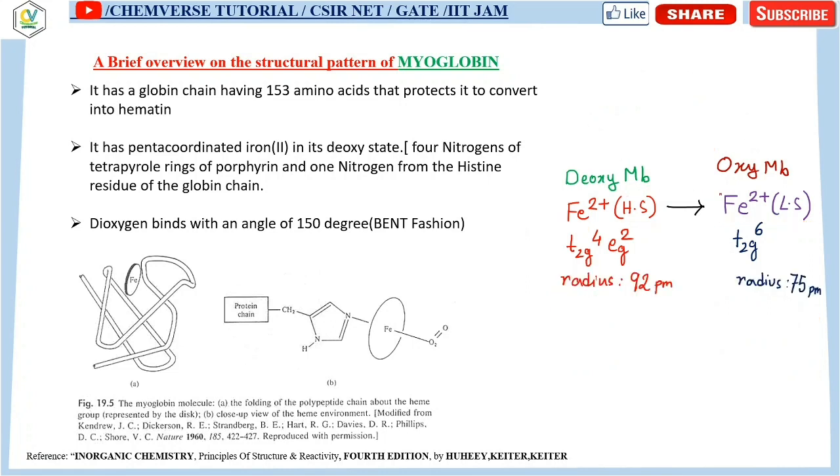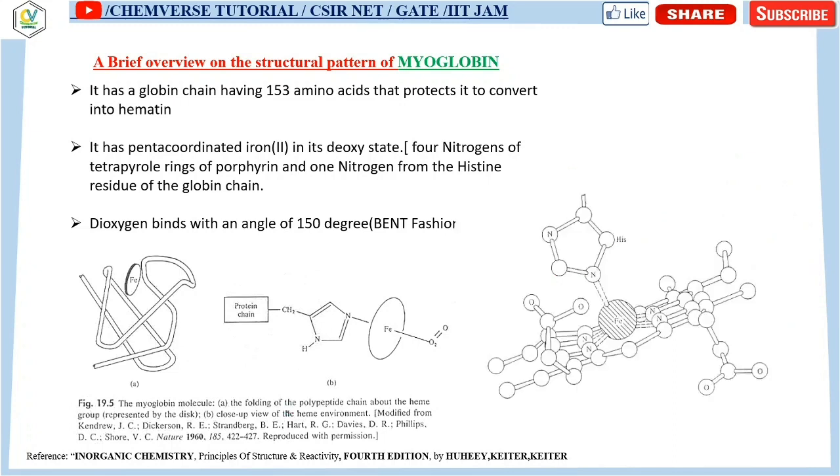Okay, so moving on to our next topic: what happens when it is present as Fe2 plus high spin. For the high spin case, the ionic radius is greater than the low spin case. So the iron center will have a larger radius when it is present in the deoxy state, when it doesn't bind with the oxygen. Clear? In deoxymyoglobin, iron 2 plus has a larger ionic radius. Now the consequence of this is visualized in this picture or in this diagram.